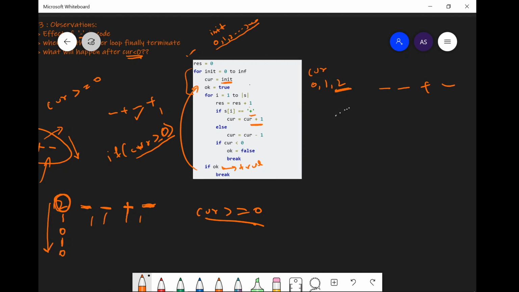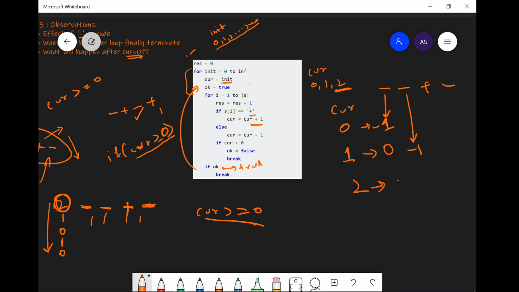Now let's completely solve this. When the current was 0, we came here and current became minus 1. Let me write it more clearly; this is the value of the current variable. When the current variable was 0, the value became minus 1, then we broke. Then the current was 1. When we came here, current became 0. So 0 is still greater than or equal to 0, then we went again, we had minus 1, and current became minus 1 here, so we broke and brought the next value.